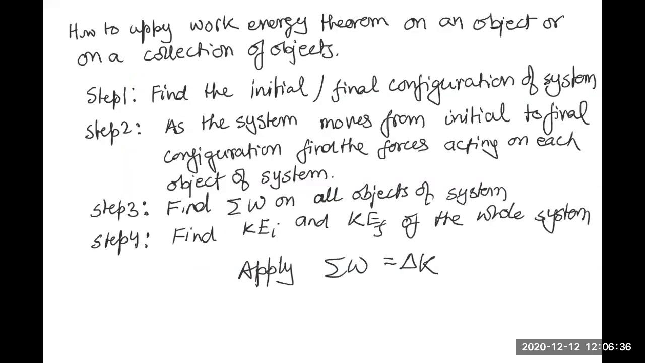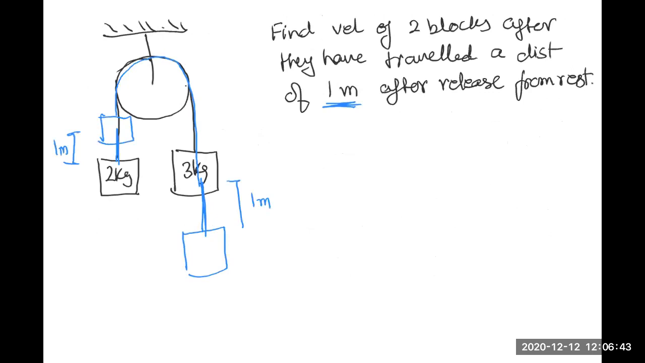Find the work done on all objects of the system. Let's do that. Find the work done on all objects of the system. This is how I prefer to do this. Summation W is equal to work done by gravity plus work done by tension. Okay, और तो कुछ है नहीं. तो वर्क डन बाय ग्रेविटी ऑन बोथ द ऑब्जेक्ट्स मेरे को निकालना है. वर्क डन बाय ग्रेविटी इज इक्वल टू प्लस